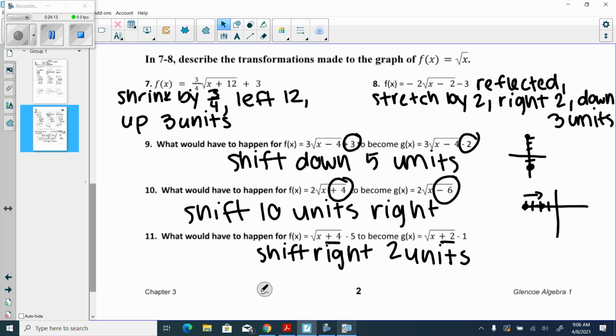Okay, and to move from negative 5 to negative 1, how would I